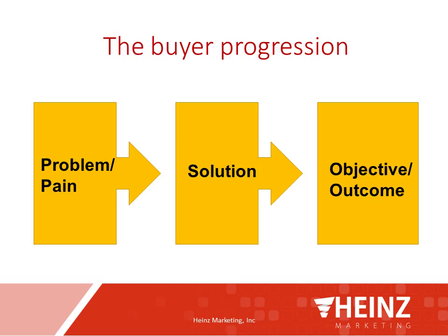They will commit to change. They will commit to doing something differently when they're able to quantify and value the outcome or objective that they're working towards. Only then do they actively go and look for a solution. So with this simple model, the solution is the end of the process, not even the middle. Especially not the beginning,